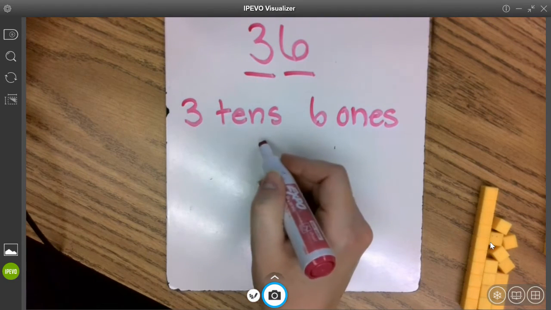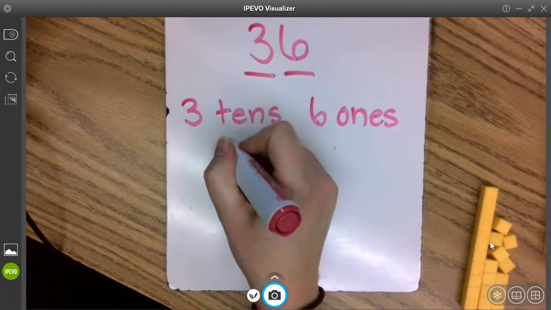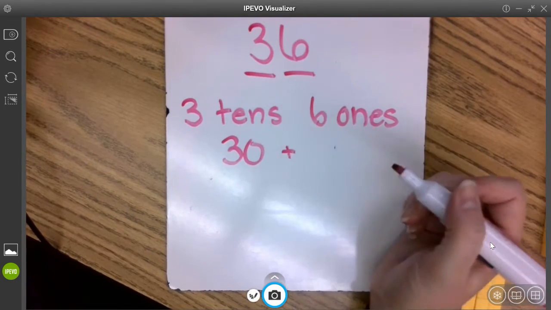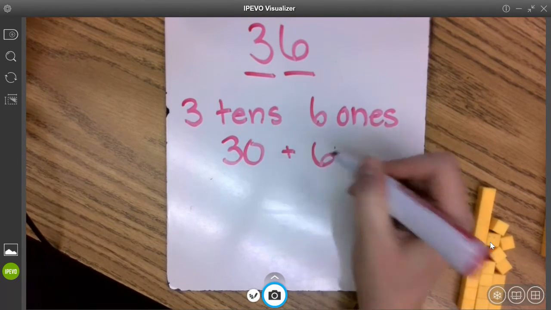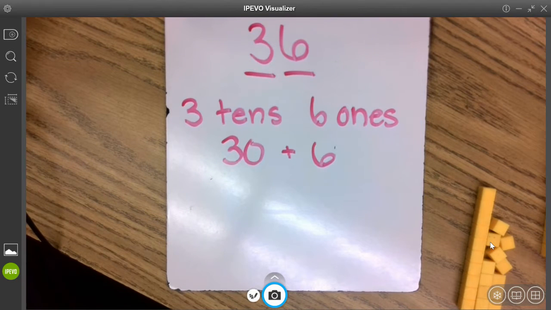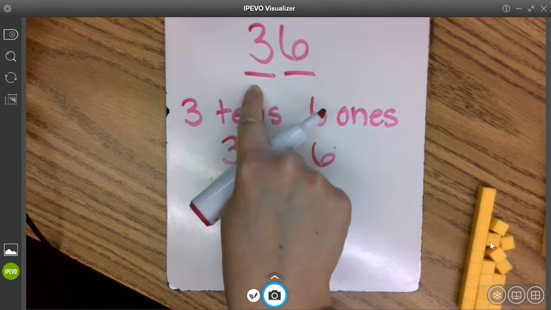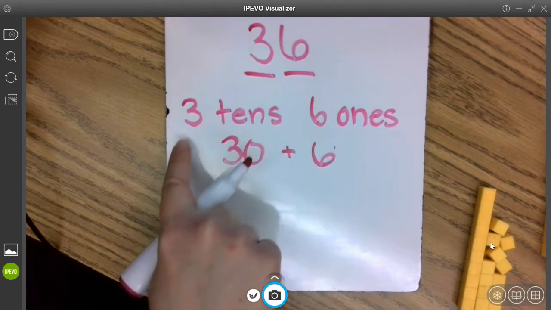Okay. 3 10s is what number? 30. And 6 1s is 6. Okay. So that's the easiest way to show this number, is to say that 36 is the 3 10s and